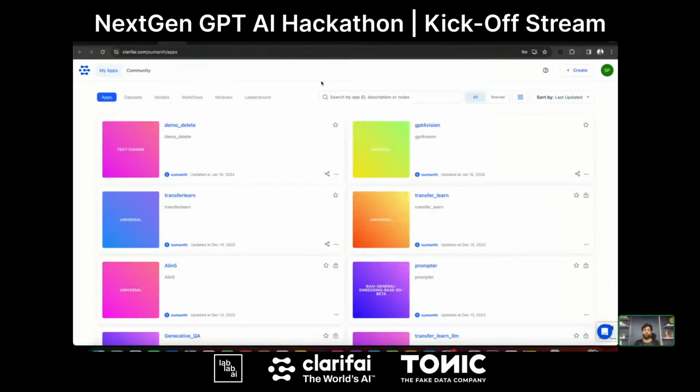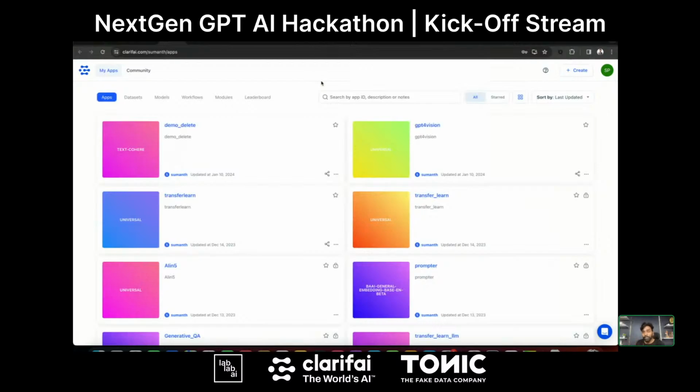Now, in order to create a UI module, you need to create a new application. If you're not sure what applications are, they're kind of containers where you can store all your data, all your inputs, maybe the models, the workflows, modules, and all the predictions, all your searches, everything will be stored in your application. It's like a basic building block in Clarifai, where you can store all the necessary models, datasets, workflows, modules, everything within an application.